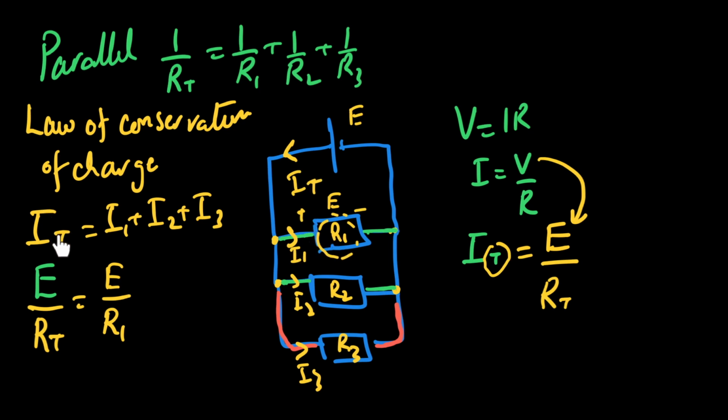ये I total की जगह ये क्यों लिखा? बिकॉज I total इज दिस करंट दैट इज कमिंग आउट फ्रॉम द बैटरी. बैटरी से सारा करंट जो आ रहा है वो सबके लिए आ रहा है. दैट इज वाई राइट E over R total is equals to E over R1 plus,